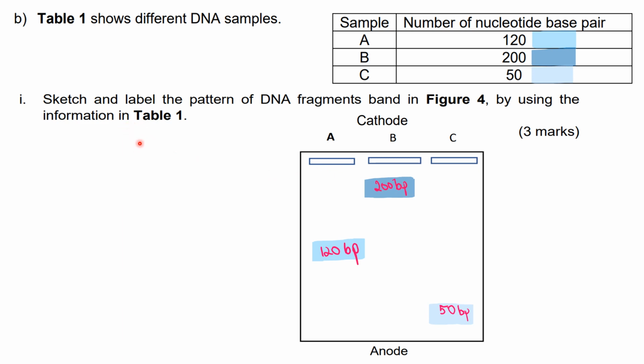So basically, when you run gel electrophoresis, the DNA fragments will separate according to their size. The smaller DNA fragments, with the lowest number of base pairs or nucleotides, or small mass, will move faster along the gel. So for sample C, the DNA fragments will be the furthest